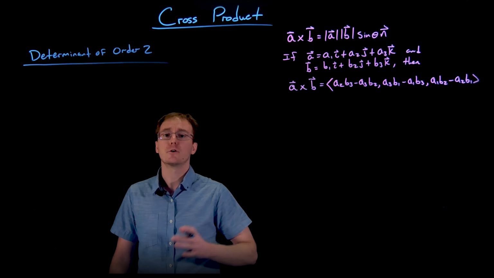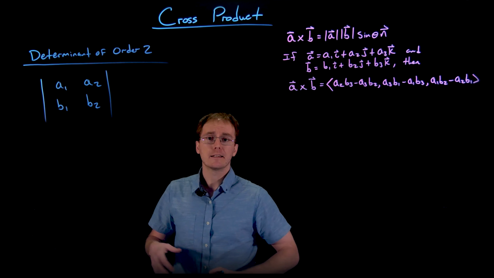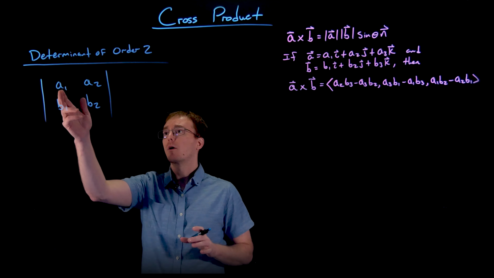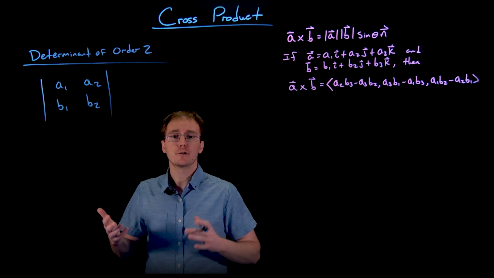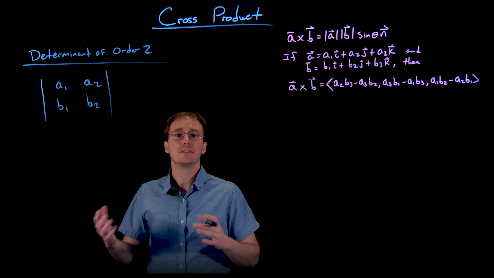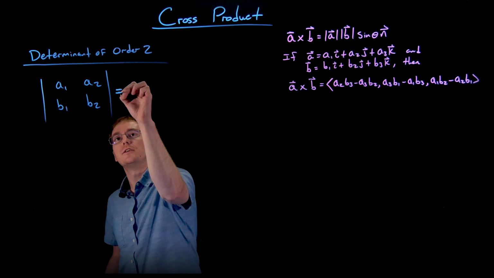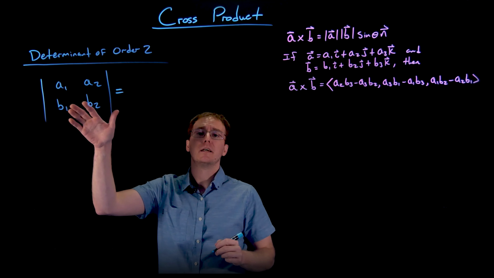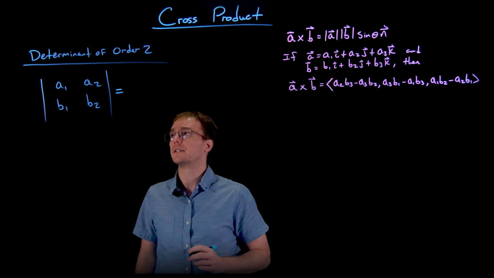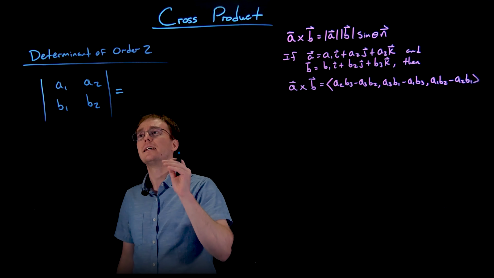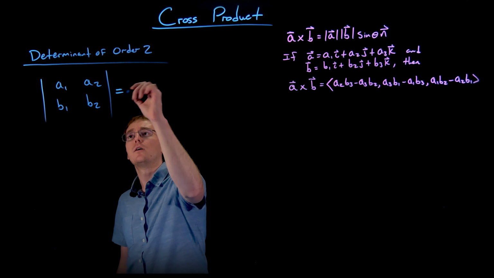And this is what a general order 2 determinant is going to look like. It's a lot like a matrix or an array, where you think of the first row as representing your first vector and your second row as representing the entries from your second vector. And then instead of the square brackets that we use for matrices, we're going to use just vertical bars, like our absolute value or magnitude bars. What an order 2 determinant denotes is an operation that we compute with these 4 entries. And so the order 2 determinant is always going to evaluate, when written as such, as